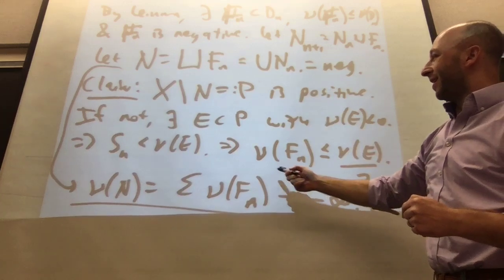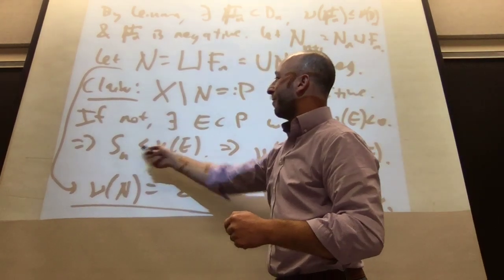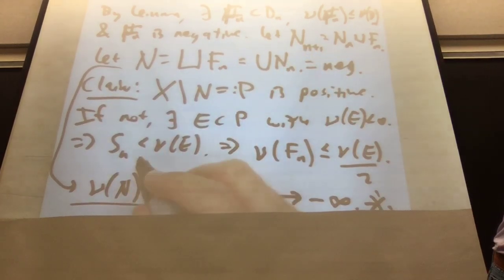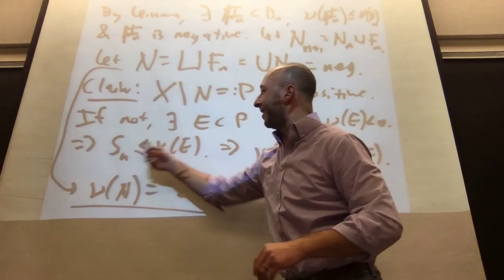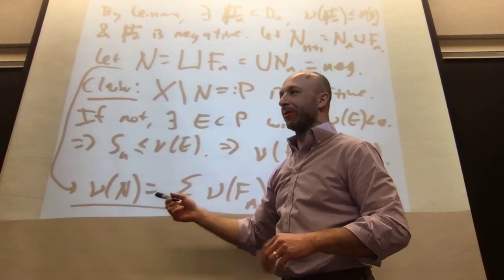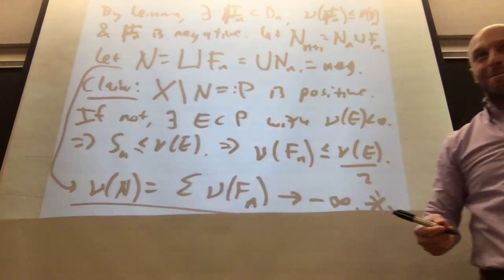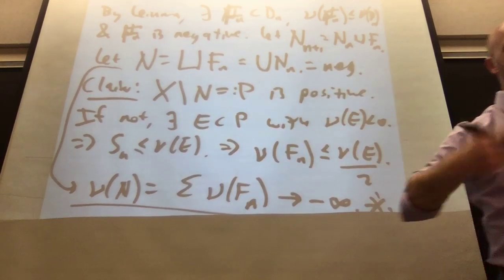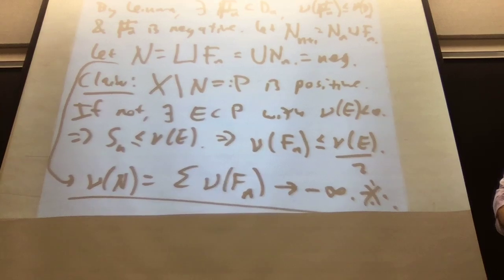So all I'm saying is Sn is an upper bound, Sn includes E in the things that we were checking for in the supremum or infimum. Okay, so it's just the same argument run one more time with the role of positive and negative reversed,